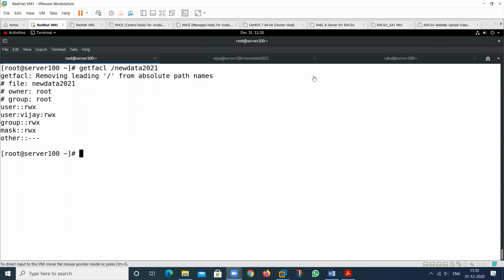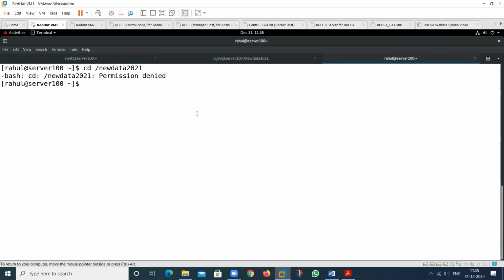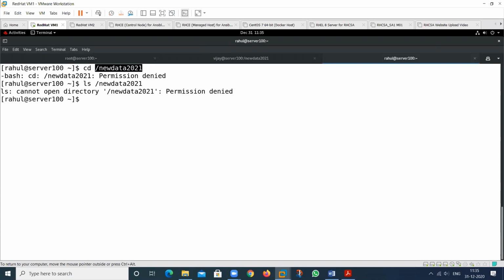Okay. See, good. So this is a user which has this permission, and this user has no permission. If I want to ls, then see the result. We have no permission to see the files available in this particular folder.